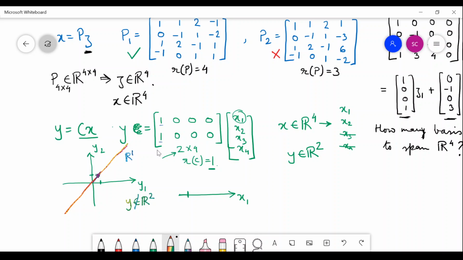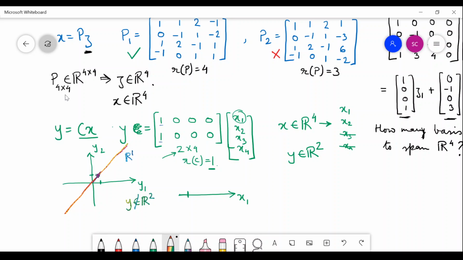So if you intend to span a three-dimensional space, you should ensure that your matrix is having 3 non-zero columns after doing the column operation, or in other words, it must begin with having 3 independent column vectors. So that is the case.